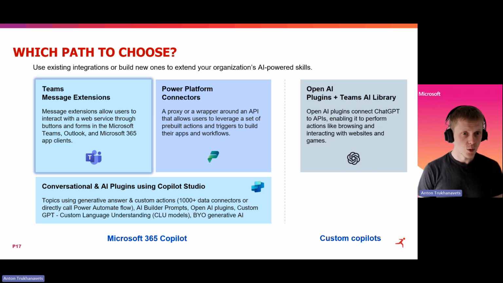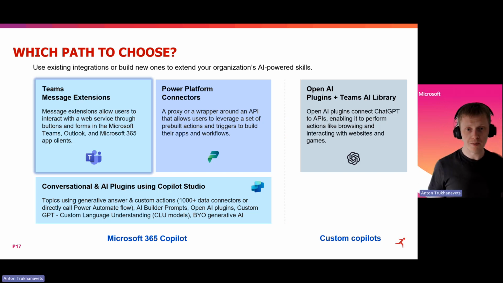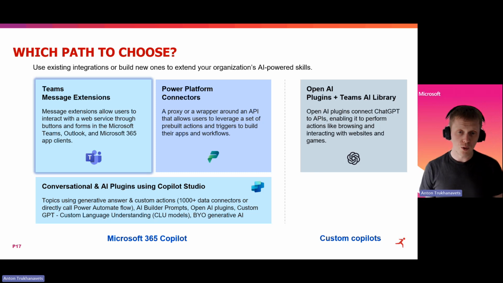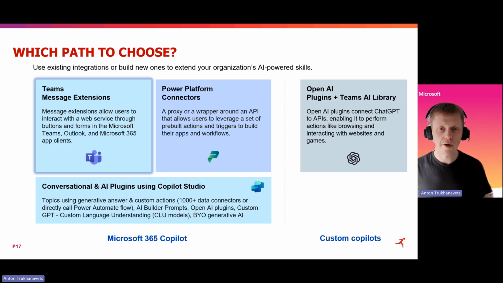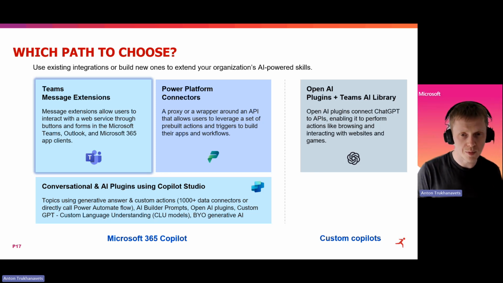Cool. And which path to choose? I'm just showing this very quickly here. You can go to develop plugin with Teams message extensions. You can go with Power Platform connectors and with Copilot Studio. You can go with conversational and AI plugins with Copilot Studio, even if you don't have connectors today. Or if you'd like to create a custom Copilot, you can go with Teams AI library, or maybe even OpenAI